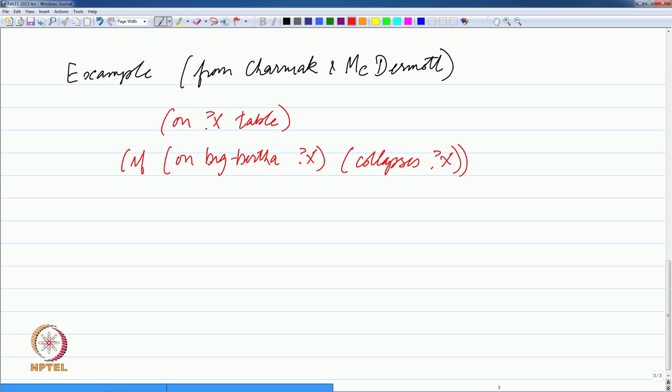So, from this can we infer that the table will collapse? Logically, do not look at the representation that we have here. We are saying that everything is on the table, and then we are saying that if Big Bertha is on something, that thing will collapse essentially. From this we should be able to infer that the table will collapse, because Big Bertha is also on the